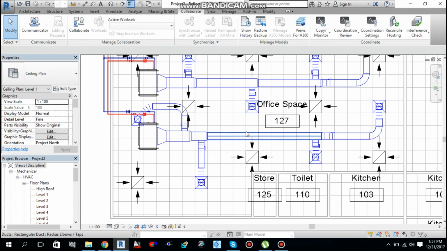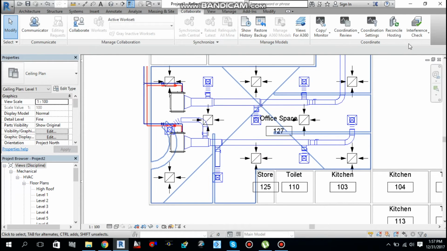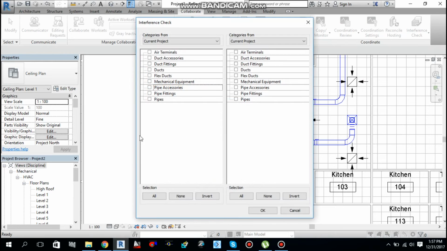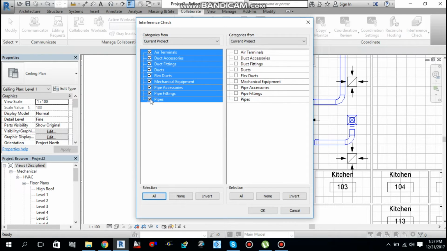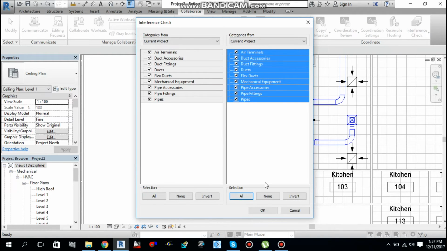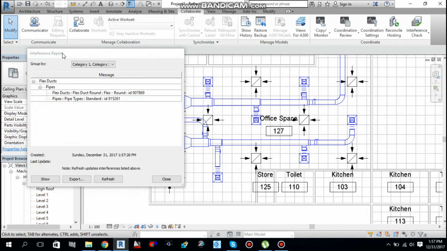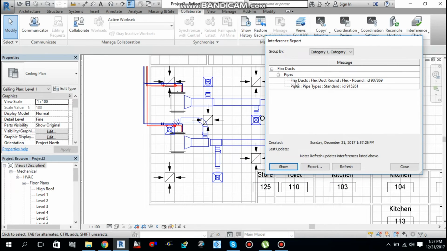this is how. And okay, now let me run this interference check once again. Run interference check, select all, hit OK. Now you see the message displayed over here. I got an interference that a flex duct is colliding with the pipe.